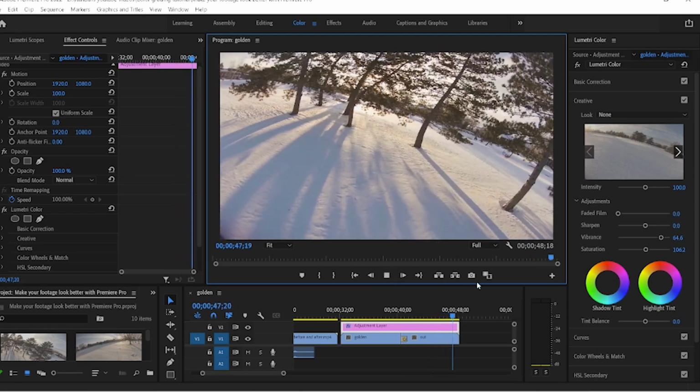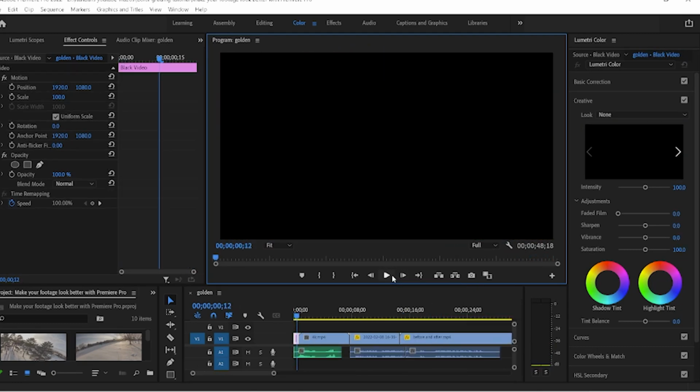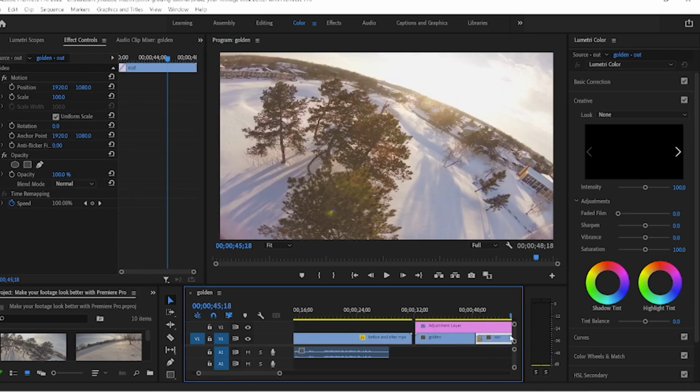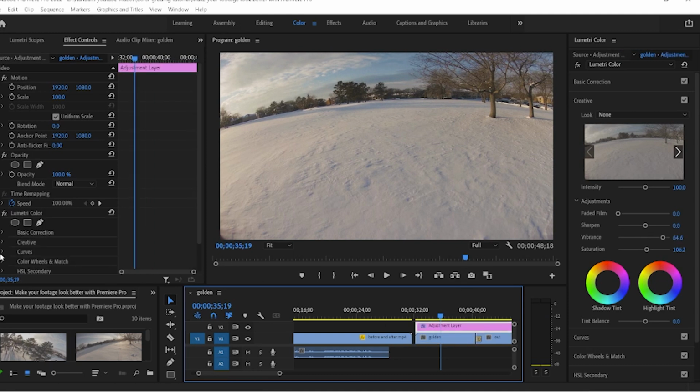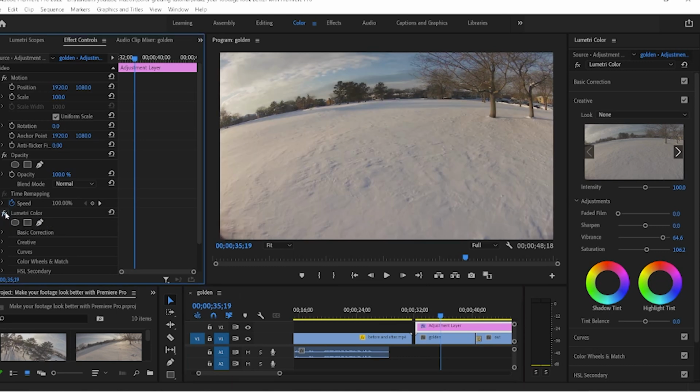Looks a lot better, huh? So let's toggle this effect on and off real quick. Again, click on the adjustment layer, Lumetri color. That's your before, and that's your after.